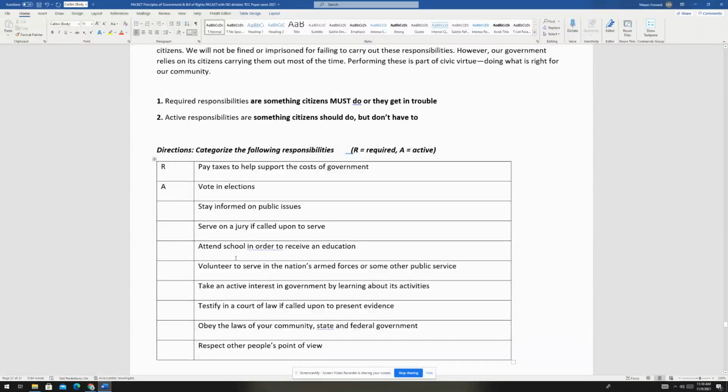Okay, I'm going to give you a minute and a half, 1 minute and 30 seconds to read these and put an R and an A. And guess what? If you're wrong, no big deal. You simply will just scratch it out and fix it when I go over it. You have 1 minute and 30 seconds to put R or A. Ready, set, and go.